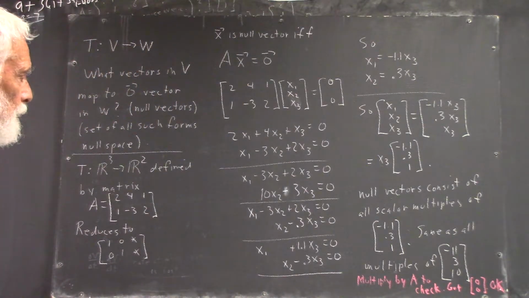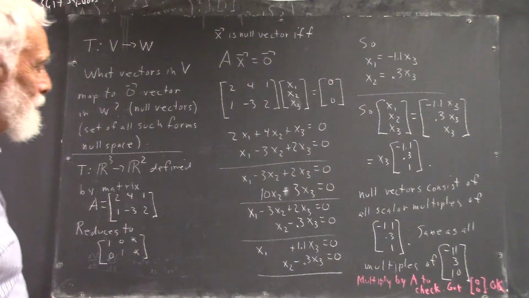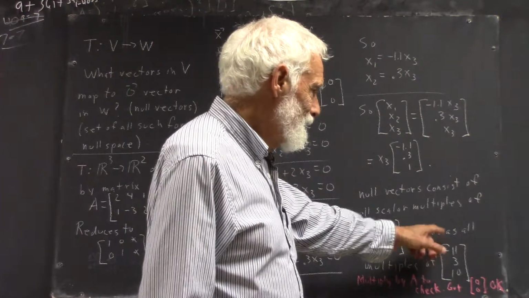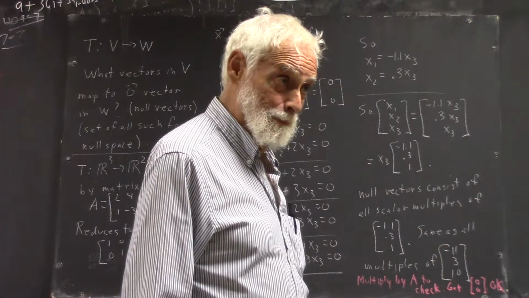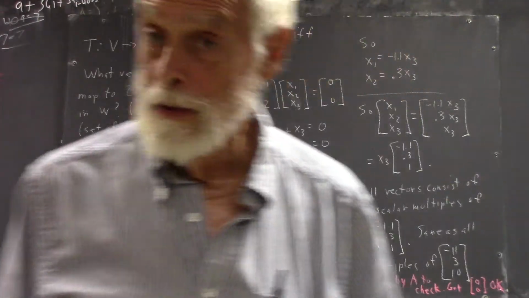Well, the other question then is, where are the rest of the vectors in R3? Okay? Well, they're all the vectors that turn out that are perpendicular to these. Okay, so let's answer that question in terms of